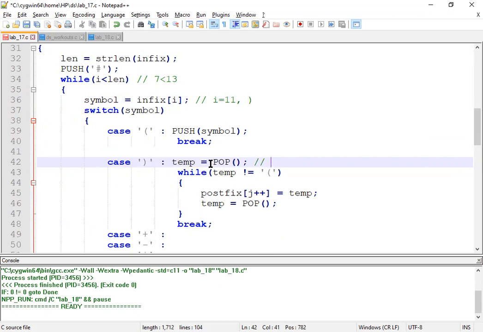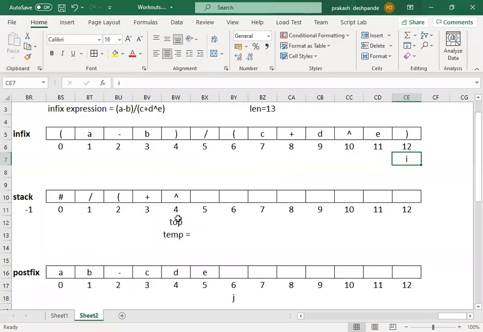Since it becomes true, what we will perform first is we will pop the element and store it into temp. Popping the element means that on the top of the stack we have the power operator, so temp will store the power operator.